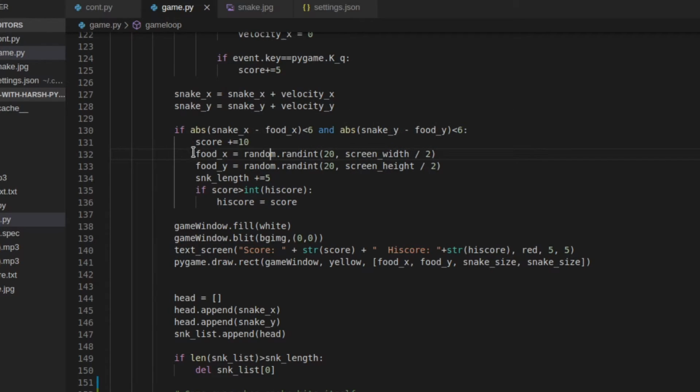After there is the collision, the score will be increased by 10, and the new food position will be stored in the food x and food y variables, and the snake length will be increased by 5. Now this condition is there to write the score to make the high score value updated. After this,